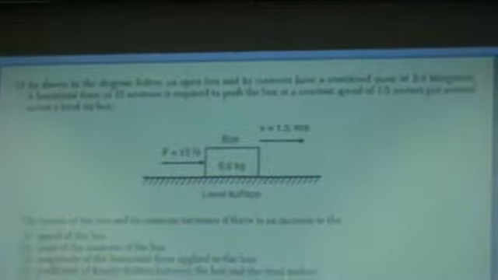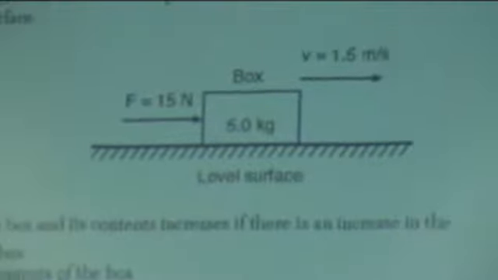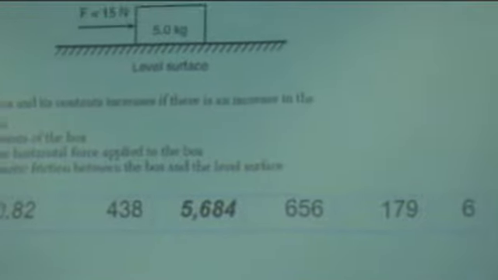I've got several more of these. What I think we'll do is take a look at this one, then I'll jump to a couple of the constructed response ones. Showing the diagram below, the box and its contents have a combined mass of 5 kilograms, and a horizontal force of 15 newtons is required to push the box to 1.5 meters per second. Inertia of the contents of the box increases if there's an increase in...